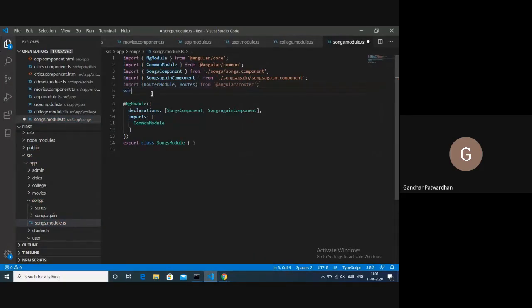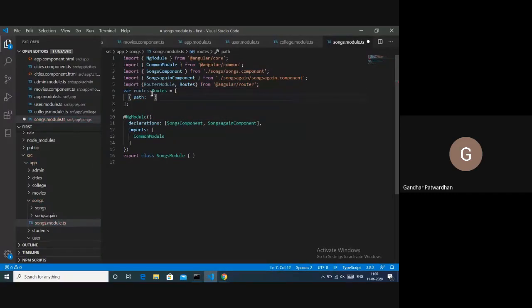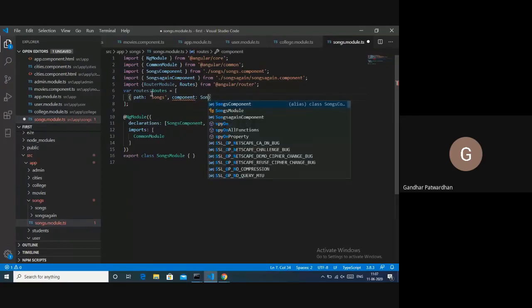Then I'll create an object of the Routes class. Here I will say path songs, component SongsComponent.